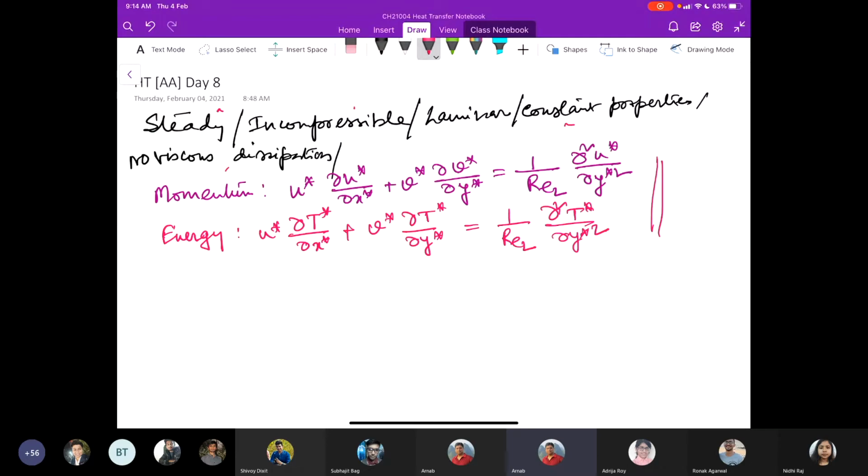On top of that, is something missing here? If you go back to the momentum and energy equation, the Prandtl number here is assumed to be 1. Now, when can the Prandtl number be 1? I told you this thing. When pure conduction, and when does that typically happen? For which material?